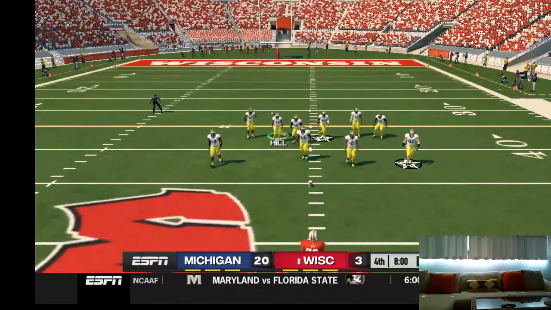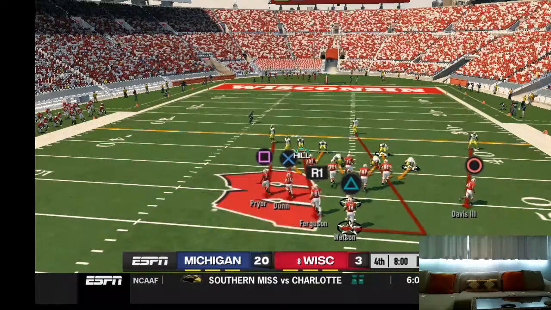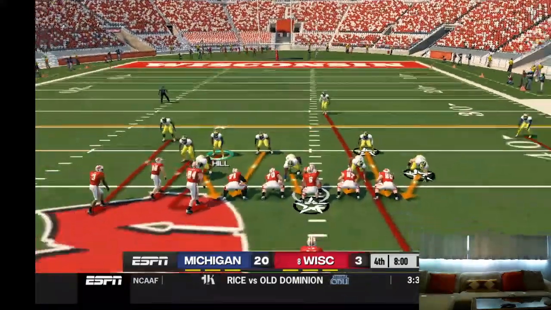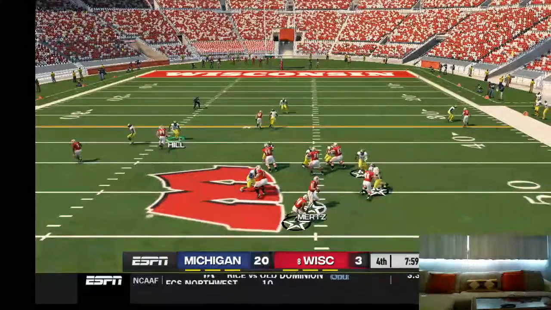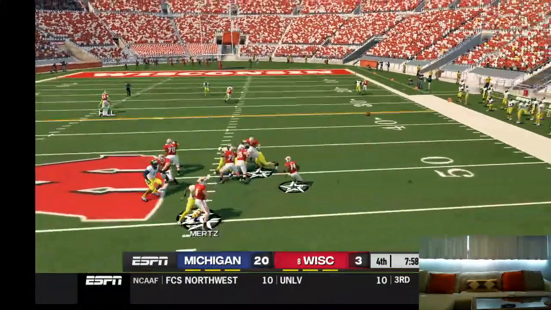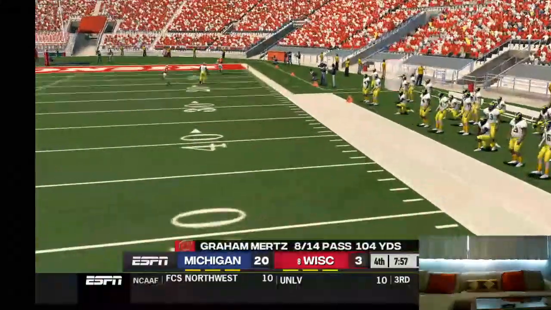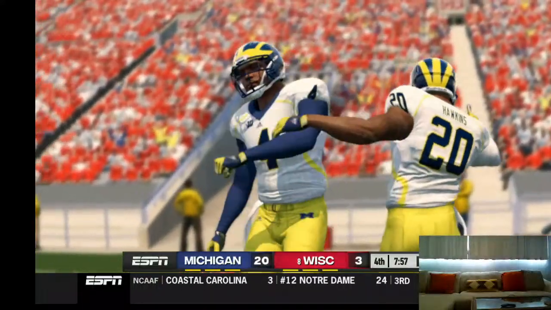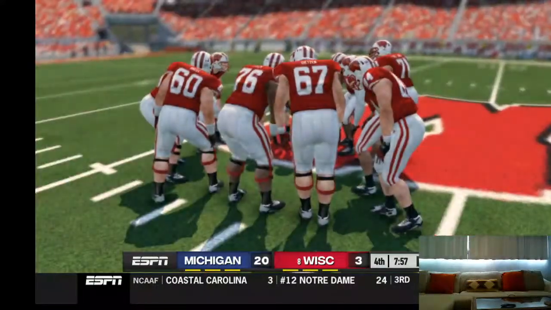Welcome back to the action here as we resume play in quarter number 4. And he throws it away. I just think this quarterback's got to do a much better job of being able to read defense and make quicker decisions.